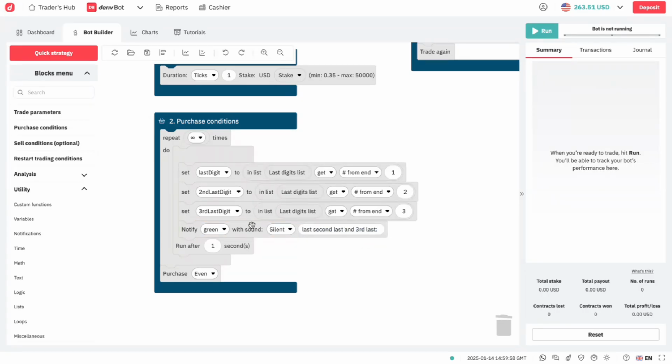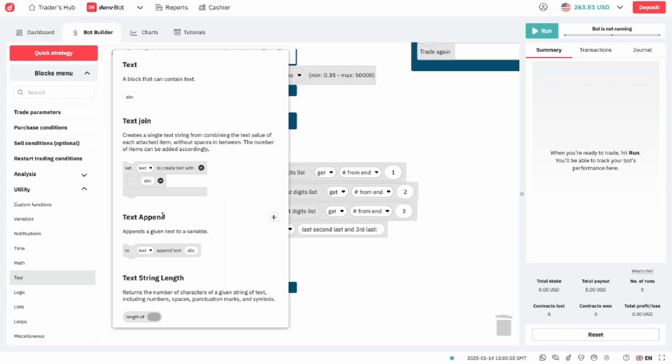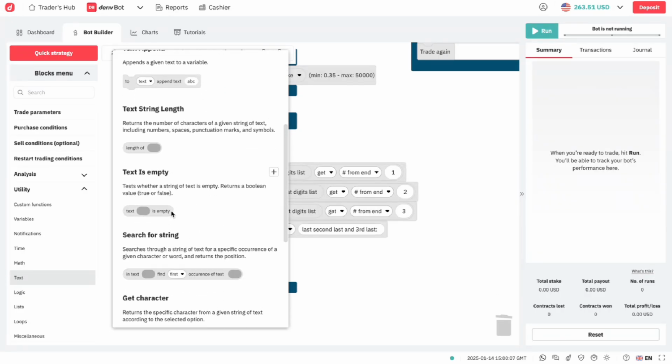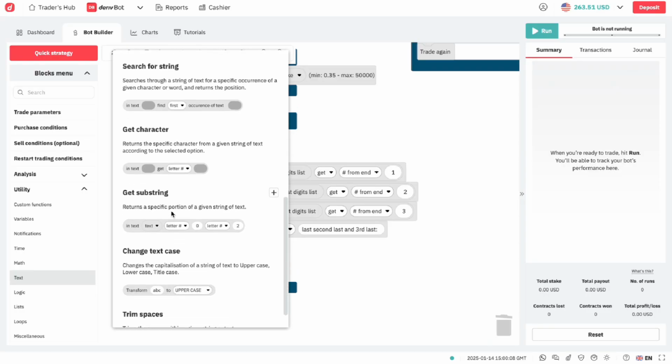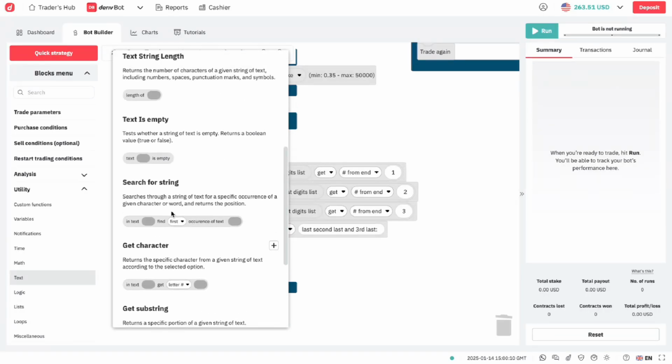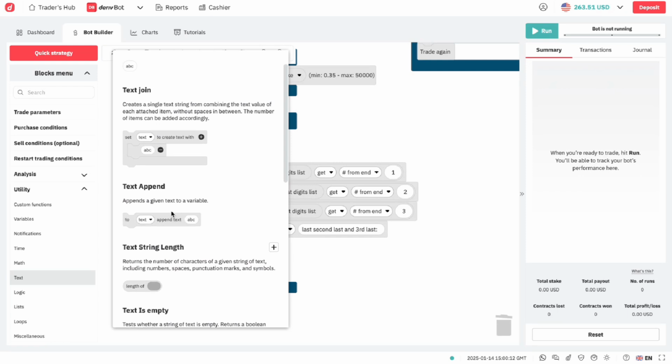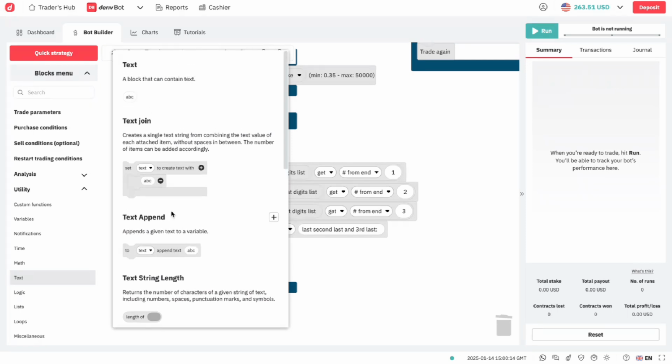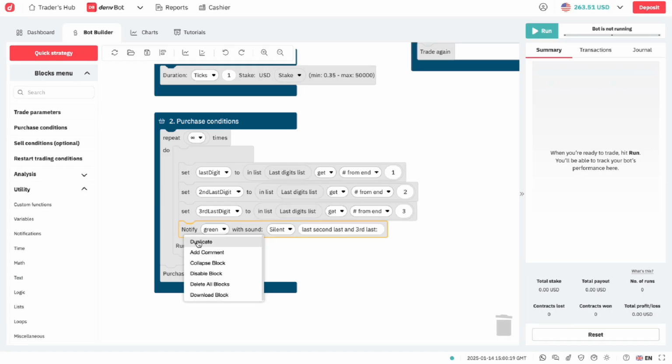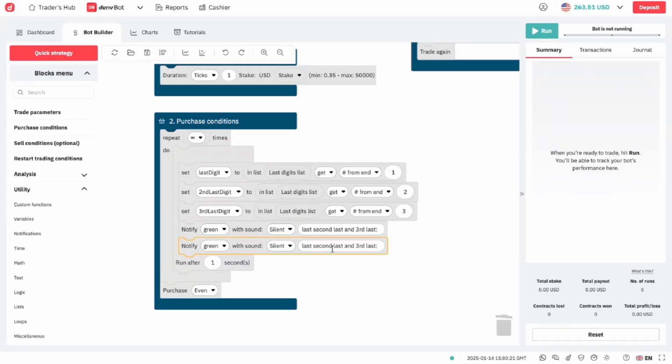So this is just a text, and then we have all these digits shown on the text. So let's find the text here that we can use to show that. I don't want to use that text there, so I'm just going to use notify instead of using the text. That is going to be a lot of work.